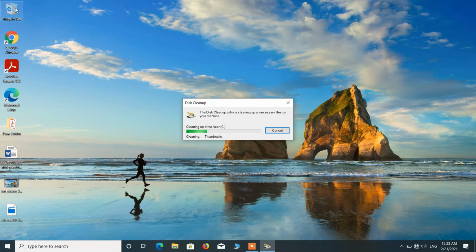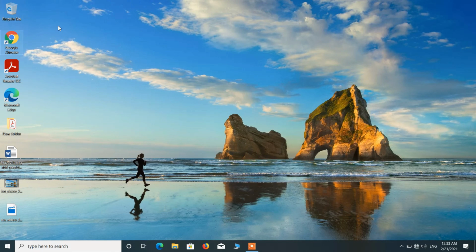It has cleaned up your recycle bin also, but if after this disk cleanup process there are some files in your recycle bin, then delete them from the recycle bin and you are done. After this just restart your system.